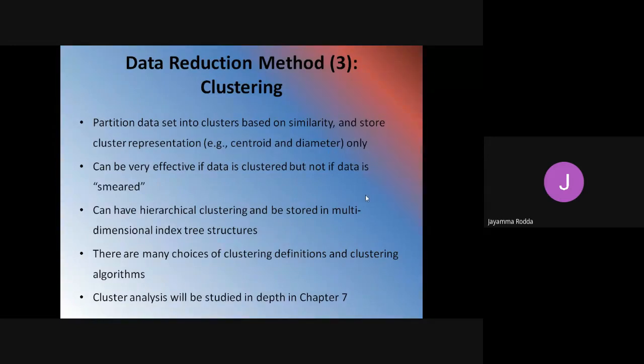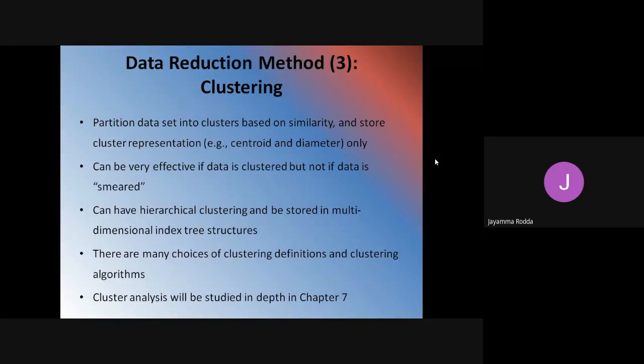It is very effective only if the data is clustered. So the clustering is based on similarity. You have to decide what measure you are taking for your similarity consideration. Which rule you use to construct your cluster will decide whether you have a good cluster or not.